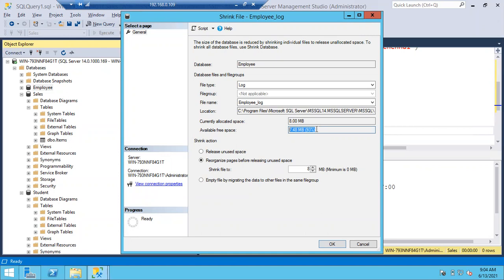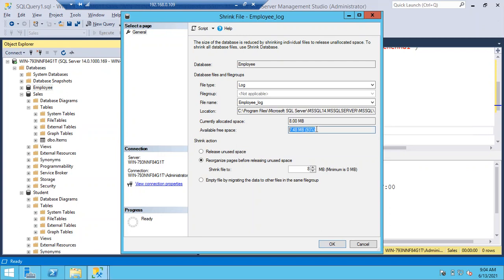Again, I'll explain how to shrink the log file. This is a basic discussion of how to shrink the log file. Shrinking the log file is a logical operation. You have to shrink multiple times. Sometimes it won't happen even though you shrink it. You have to do some fixes, like taking log backups and other things.